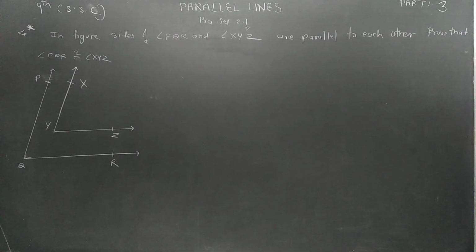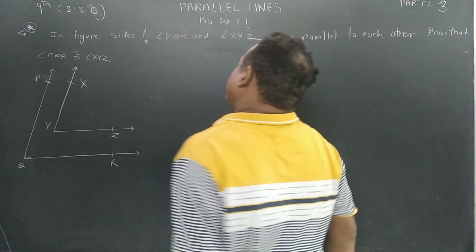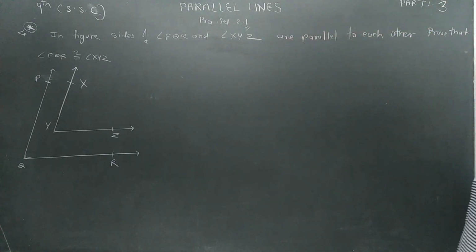Now the fourth question. But something is given over here. A star means at this level they are considering it a slightly challenging question. At this level, maybe personally it is a little bit challenging, but as you go ahead you will say, what a silly thing, it was an easy question. Okay, that is the way we are going to take it now also.